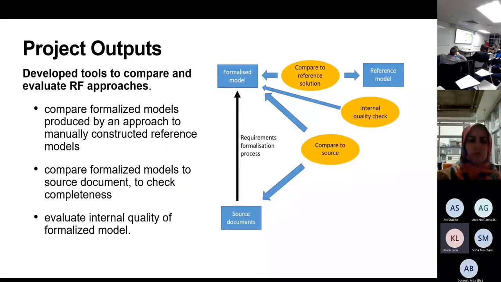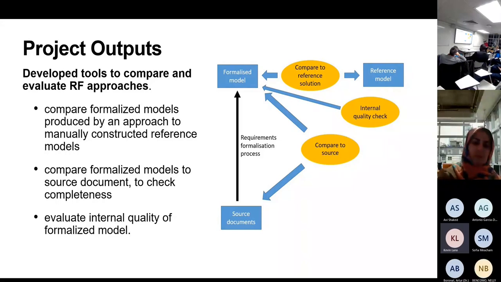Okay, next slide. So the comparisons and the evaluations, three ways to evaluate approaches. One, if you've got a reference model, like a gold standard model, a formalization typically produced by a human expert, then you can compare the reference model to the formalization that your RF approach produces from the same source.